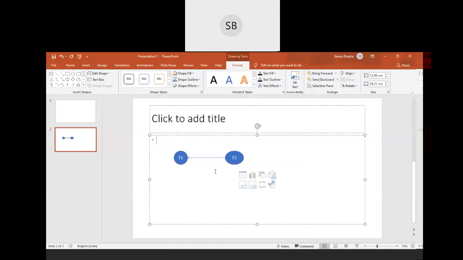For checking conflict serializability, we have to find out whether there is any loop or cycle present or not. You can see there is no loop, no cycle, isn't it? There are only two transactions, T1 and T2, and only one edge, so we can easily see that we cannot come back to the same node. So we can say it is conflict serializable.